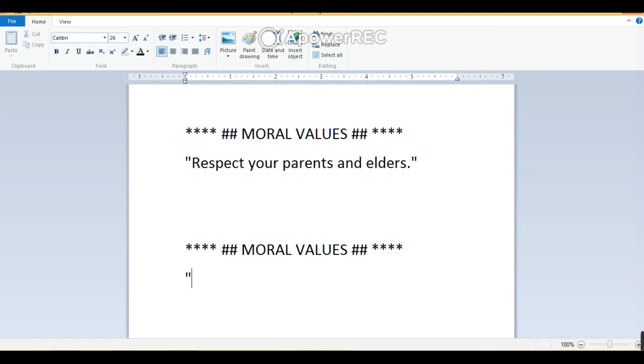For that, they need to press and hold Shift key and then need to press R alphabet key to get capital R. Then need to type the text respect, then space bar, your, space bar, parents, space bar, then elders, full stop, and at the end they need to press and hold the Shift key and the single quotation key to get the double quotation mark. So in this way they need to use the special keys.